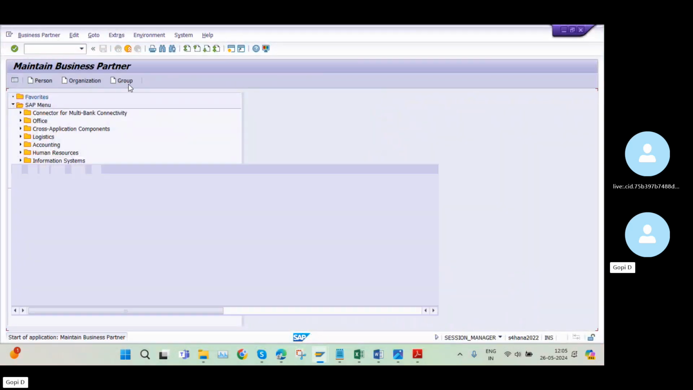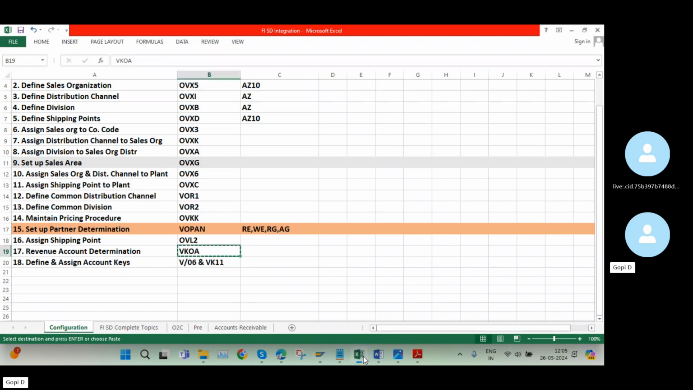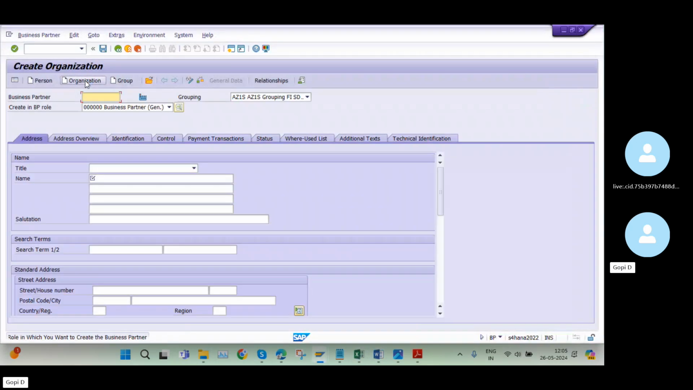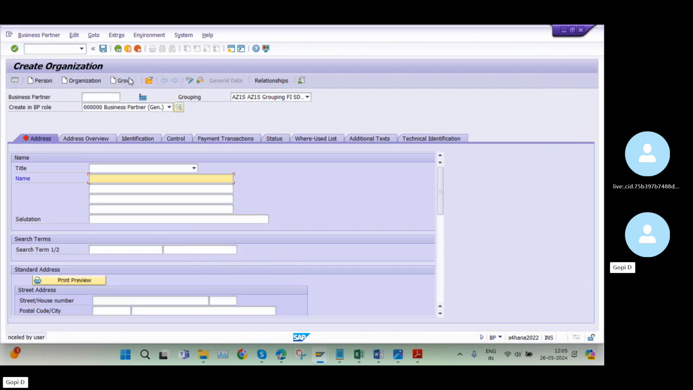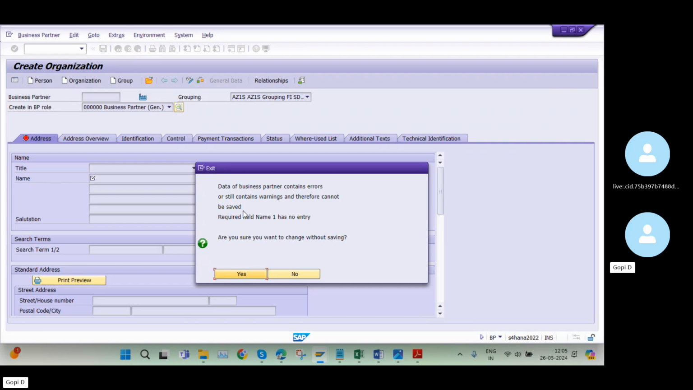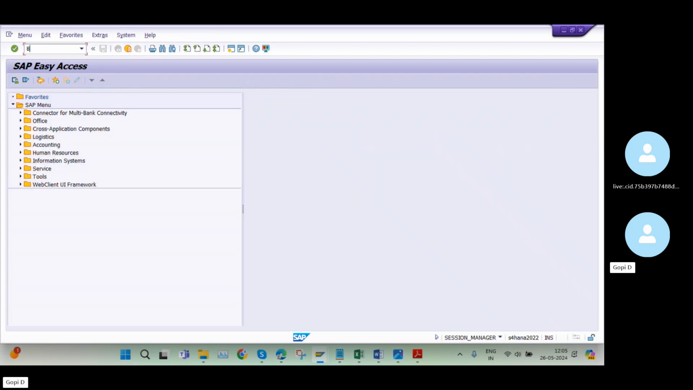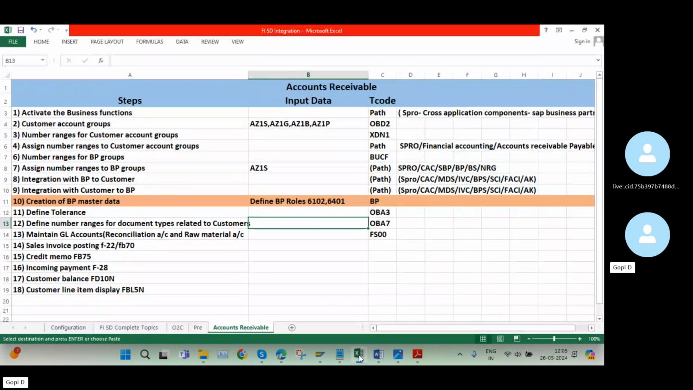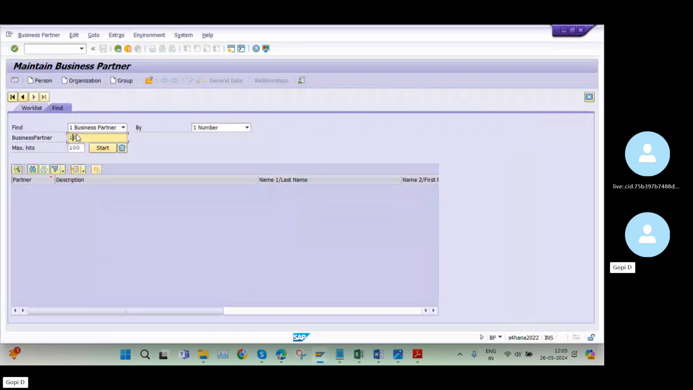So BP, what is our BP? So if I am going into accounts receivable, 6402, but sorry, no, yes. So I will be going into BP and my BP number will be 6102. So if I am going into 6102,